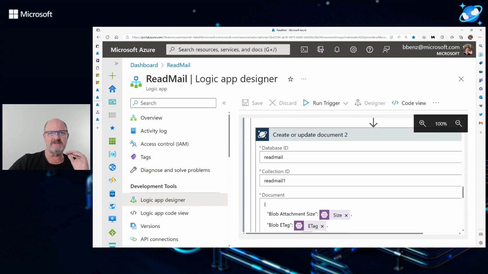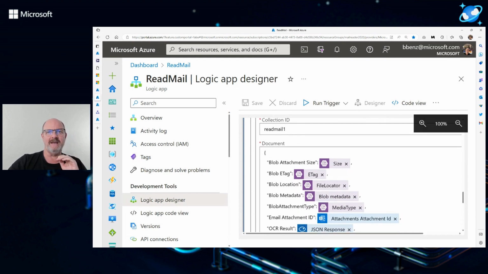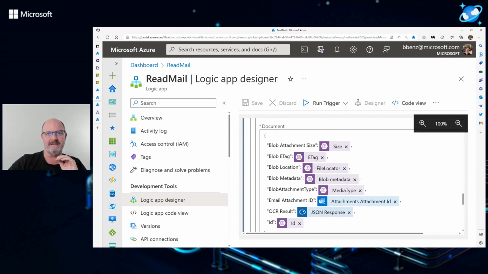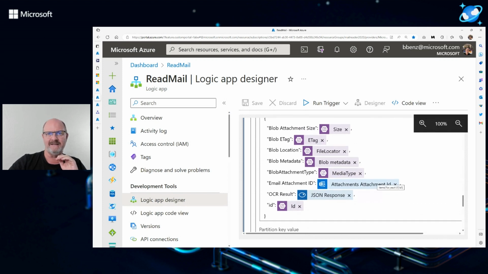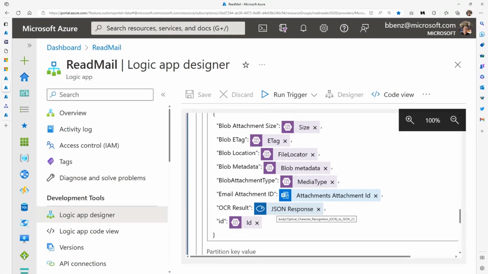So this is the Cosmos DB part of the Logic app. We go into a database called ReadMail, collection ID ReadMail1, and we have a document that gets created. The actual document is down here in the attachment ID and the response. So that's actually the OCR document.